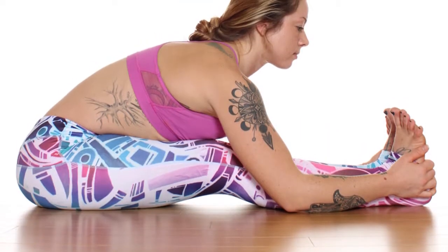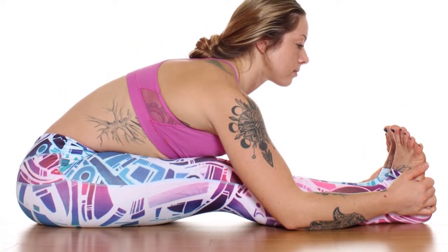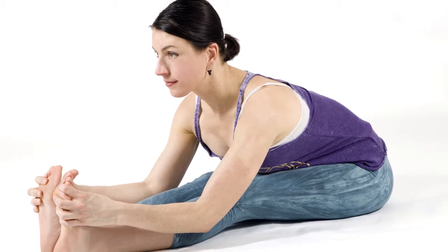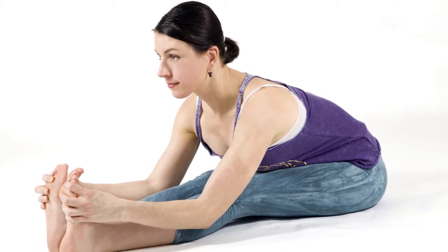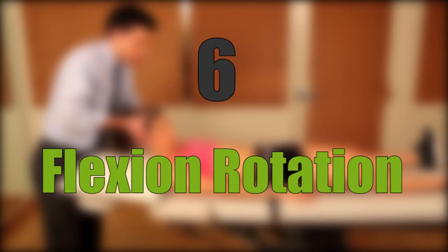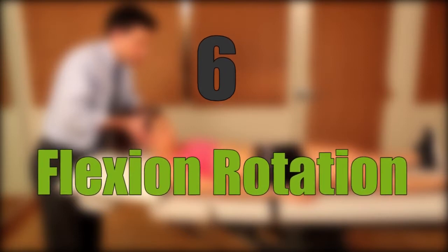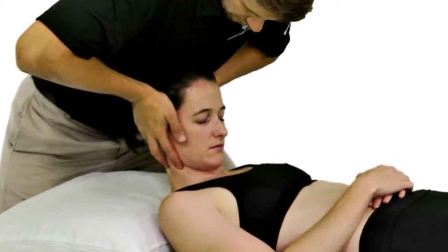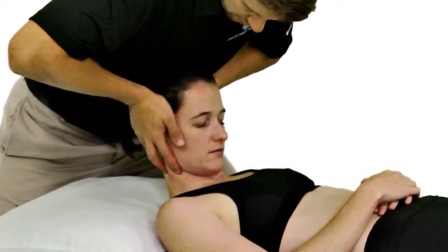You can increase or decrease the tension of this stretch by grabbing the towel closer or farther from your feet. As you become more flexible over time, you can increase how long you hold the stretch, or reduce the time between stretches. 6. Flexion rotation. The flexion rotation exercise helps stretch your lower back and buttocks. To perform the flexion rotation exercise: